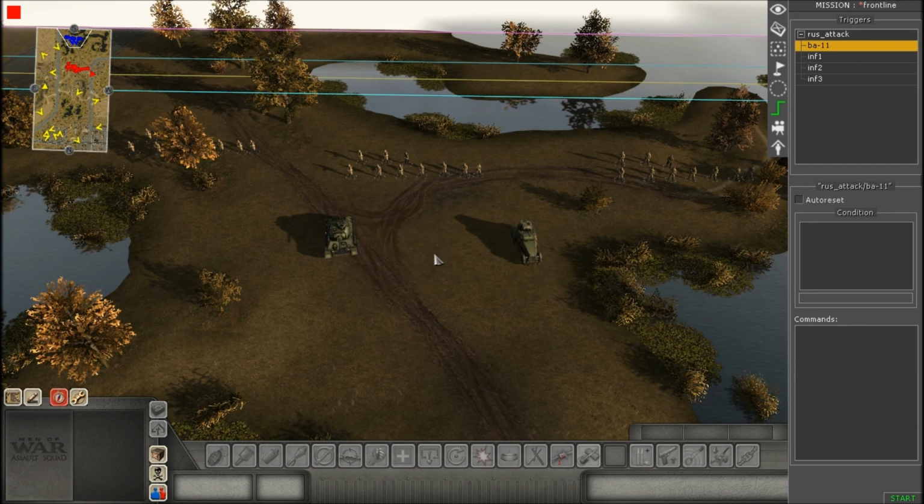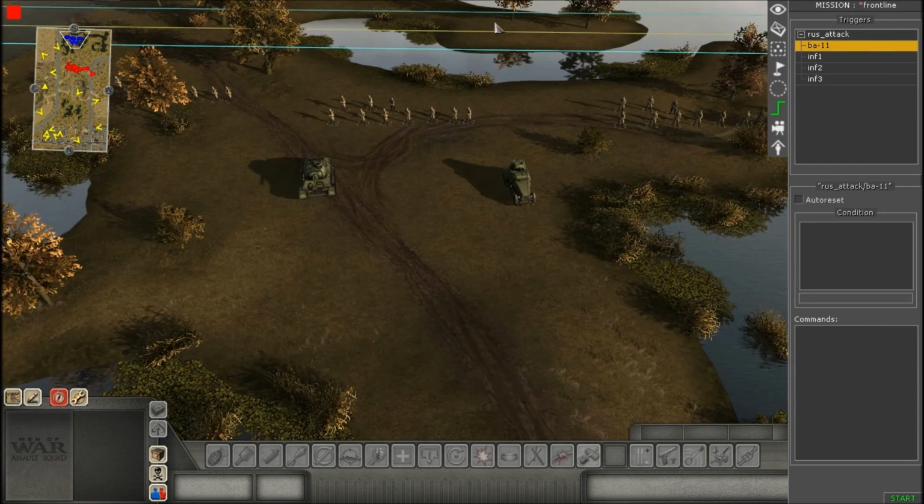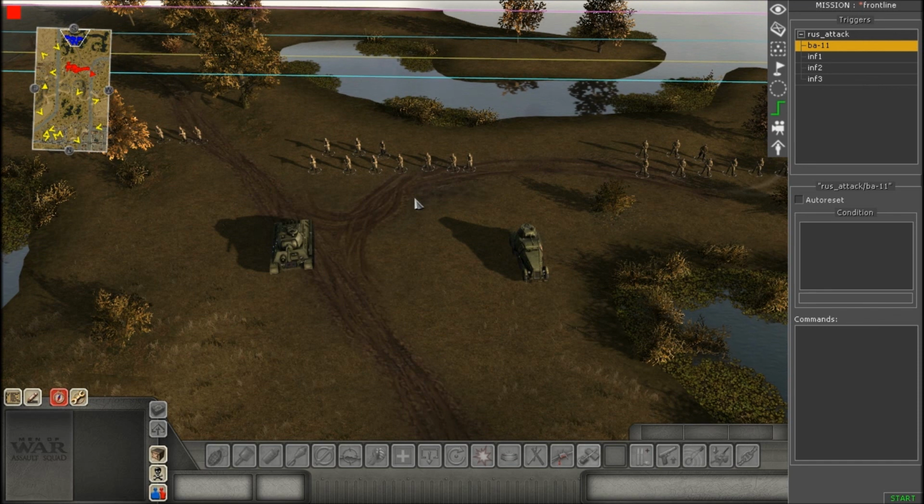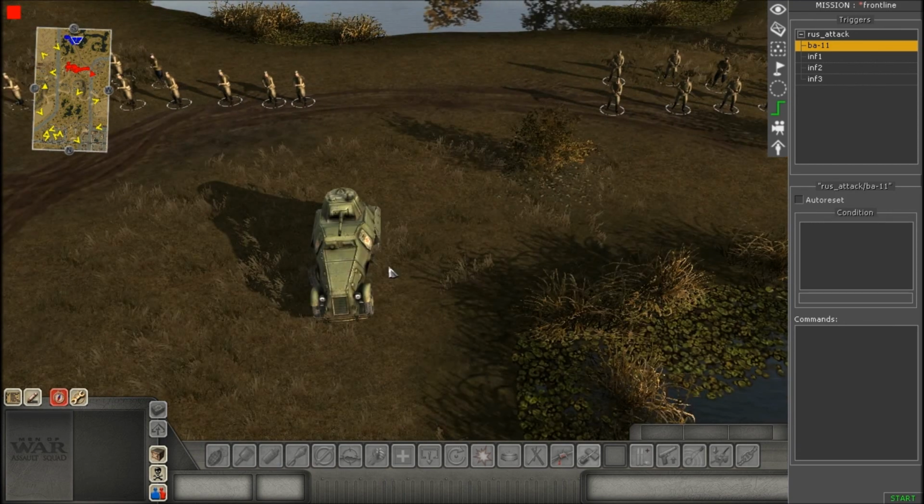Okay? But now for the BA11 and for the T34, I'm going to go a little slower because it is a little bit different. Now I'm going to introduce you to the if command. An if command just means if this happens, then this happens. Okay? So what we're going to do first is